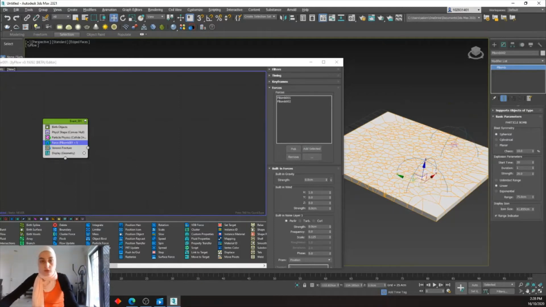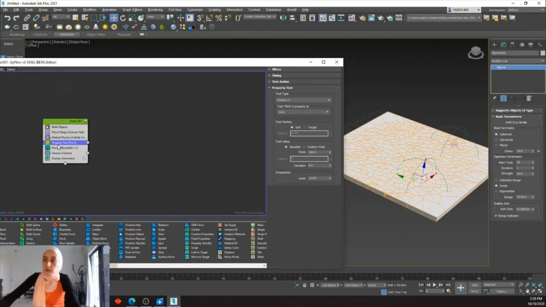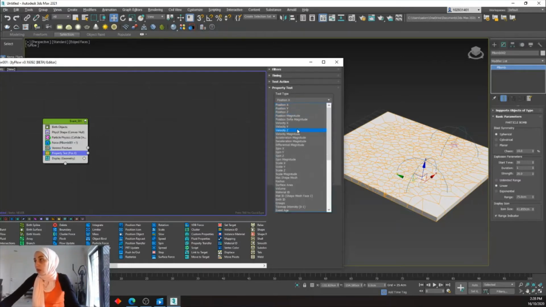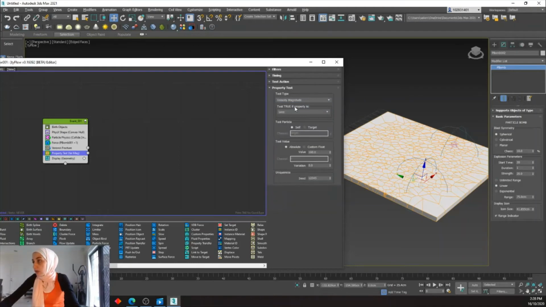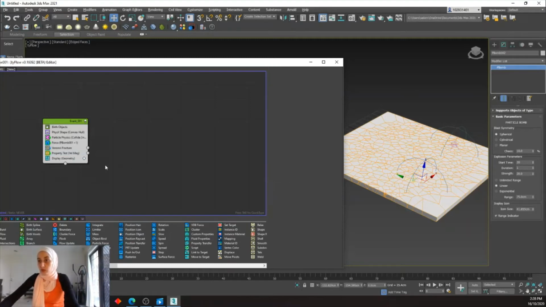So the other thing I'm gonna do is something called property test. It will have to test certain values of the particles. So I'm gonna change the type to velocity magnitude. I'm gonna make it, if it's greater than, let's say, 10, it's gonna explode more. So what I'm gonna do, I'm gonna add another